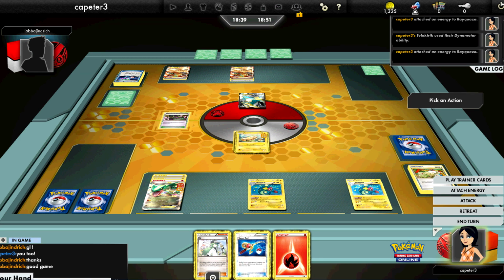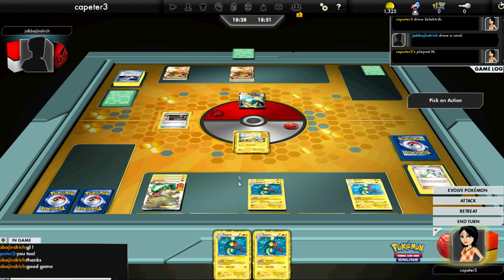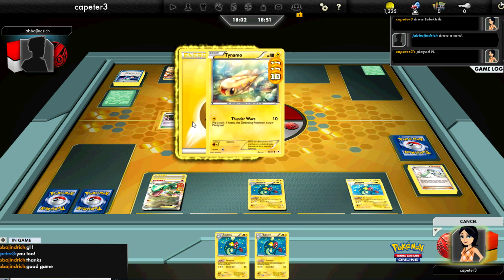So I N, and it's an eel, but I have no way to get out of the active position. Now, I don't know why he says good game, because the game's not over yet. Maybe just because of the late game N, and he can't do too much with it. He utilized too many of his switches just to draw more with that Bianca. But I'm going to go ahead and retreat,